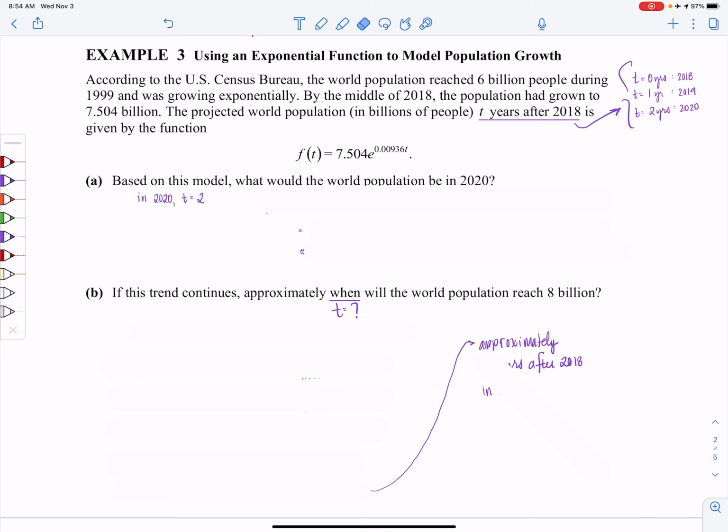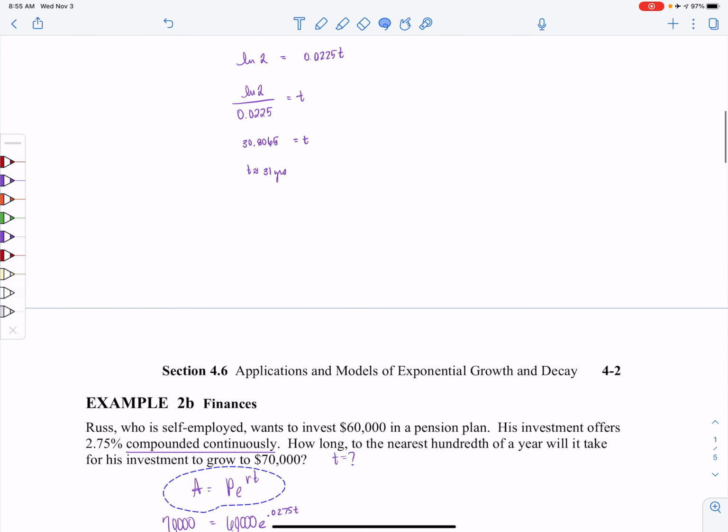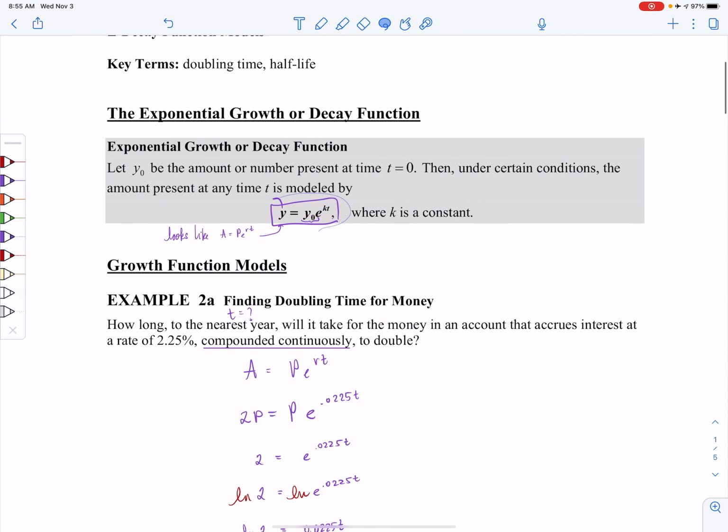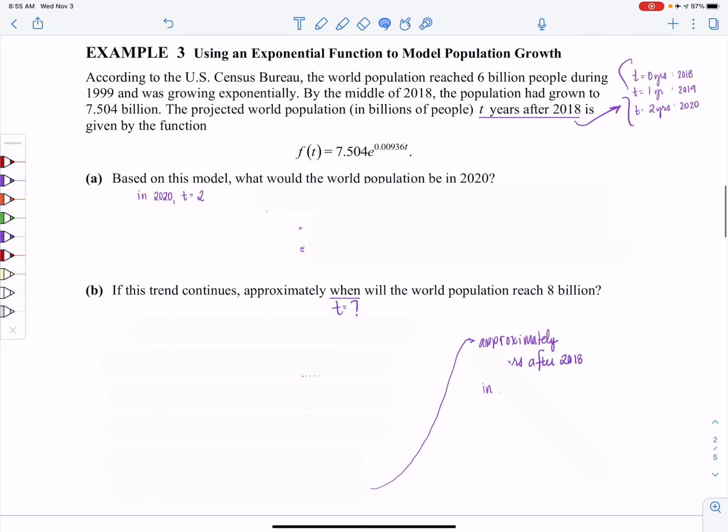So we were handed an equation, and you'll notice it looks a whole lot like the equation that we use for finances, but we also go all the way back. It's this equation right up here, where y sub 0 is going to be my initial amount, y is my future amount, etc. All right, one thing to notice is that it says the projected world population T years after